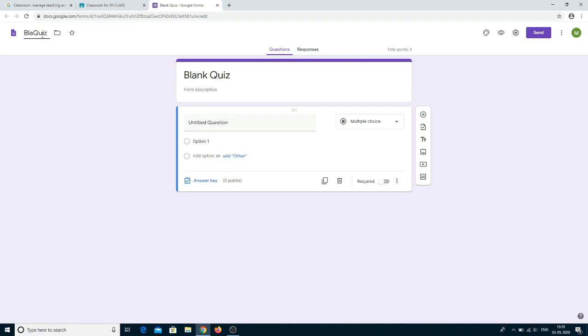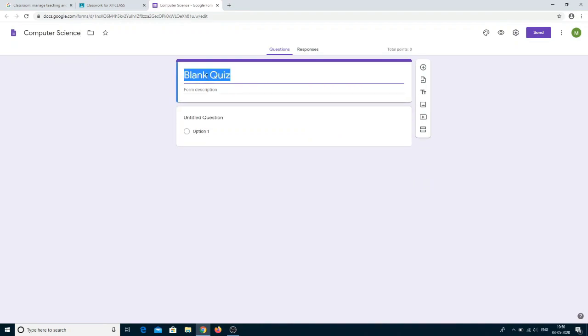Rename the title of your blank quiz. So here also you can rename this blank quiz title. I'm giving the form title as computer science assessment.